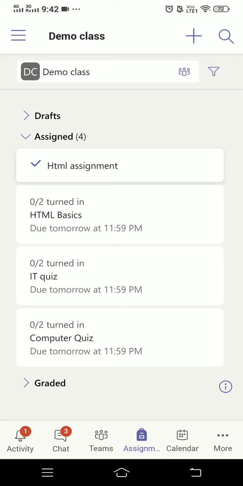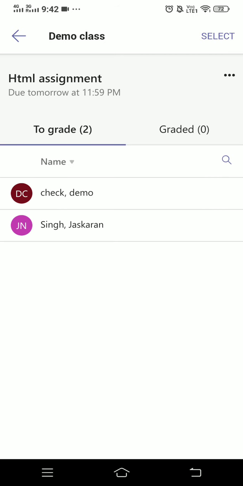So as students attempt the assignment, you will get these names. Okay, because these are the only two student roles. When somebody attempts the assignment, you will get the turned in option. Turned in means he or she attempted that assignment. Then you have to click on the turned in option, then you can see whatever result he or she got in the assignment. So in that way, for those who have just viewed the assignment, you will get the eye sign in front of that.